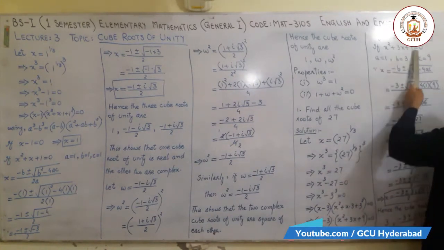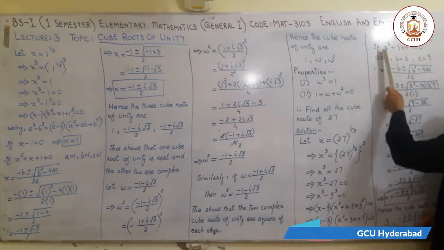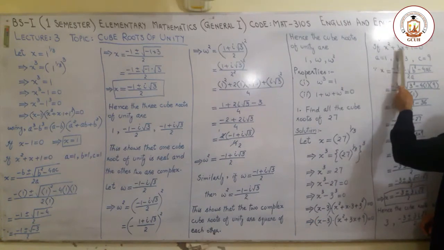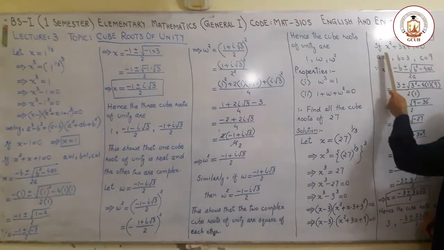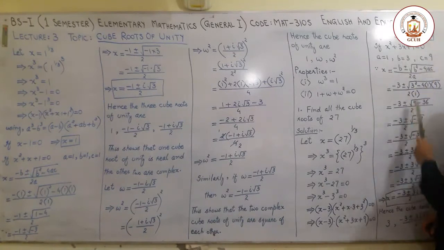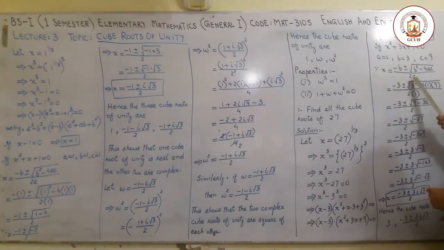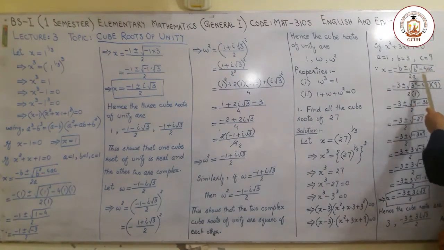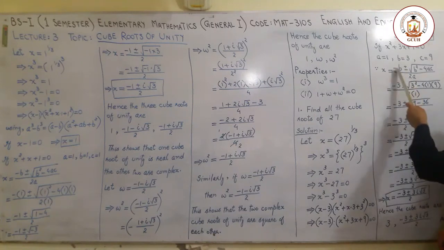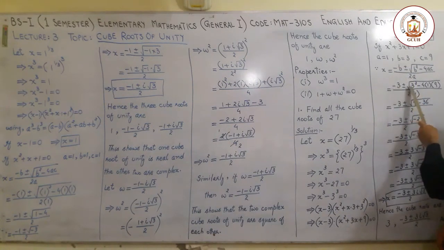So this is a quadratic equation, writing the values of coefficients a, b and c, which are 1, 3 and 9. So the quadratic equation is in x, so we write the quadratic formula in x here and substitute the values of the parameters. The value of b is 3, which is substituted here. The value of a is 1, which is substituted in these two positions, and the value of c is 9, which is placed here.